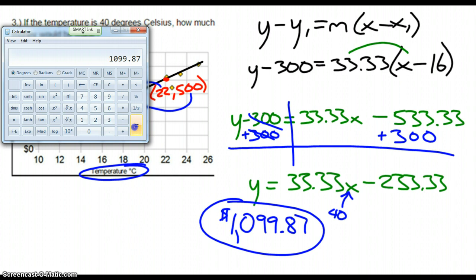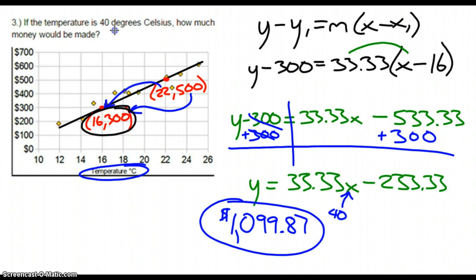Okay. Now let's just go back to the graph real quick and just see, does that even make sense? Well, we would expect that as the temperature increases, the amount of money increases, and this doesn't seem like a very far-fetched amount of money according to the data. So this looks pretty good. Alright, so I'm going to stop this one. I'm going to do number 4 in a separate video. It'll be right below this link, and you can check